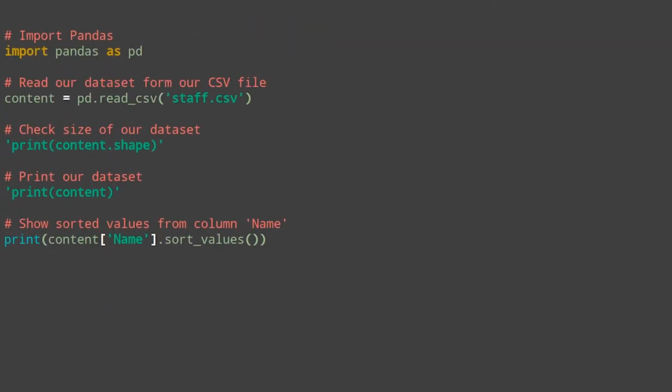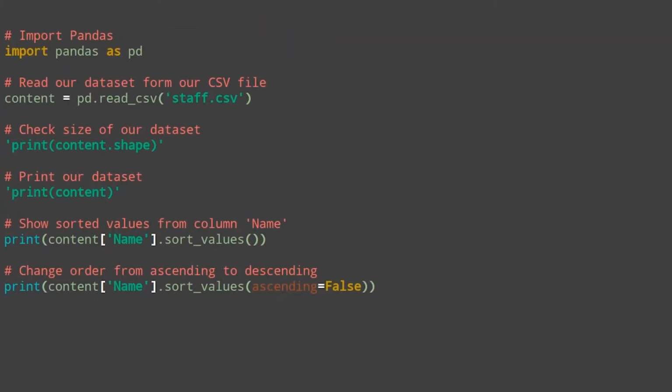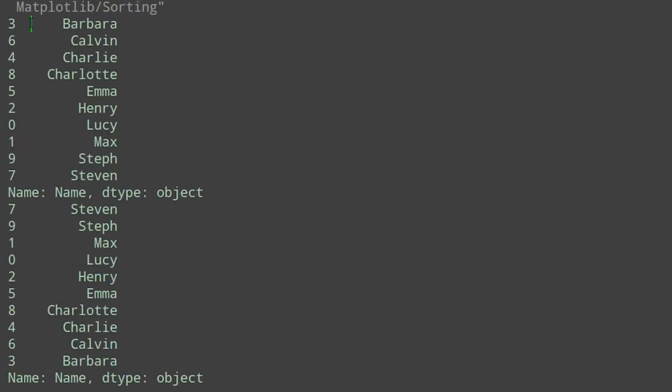We can change the order of our data from ascending to descending by passing in a parameter in the sort_values function. We'll say ascending is equal to false. We'll run our program again. At the top we have our data listed in ascending order, and at the bottom we have our data listed